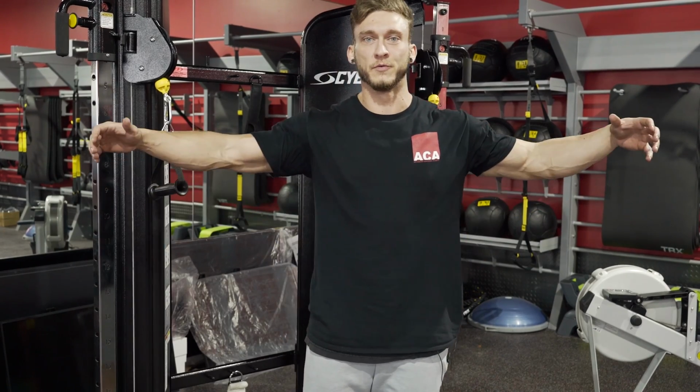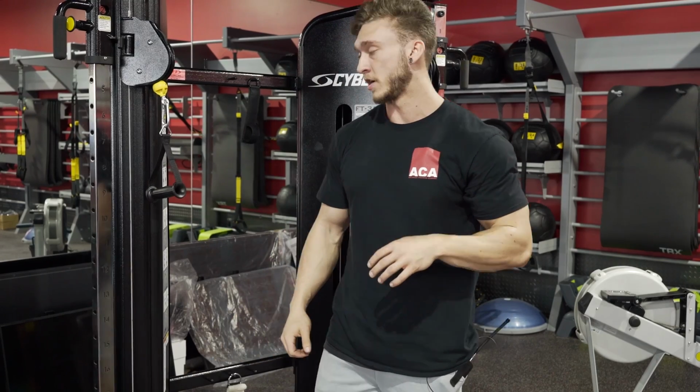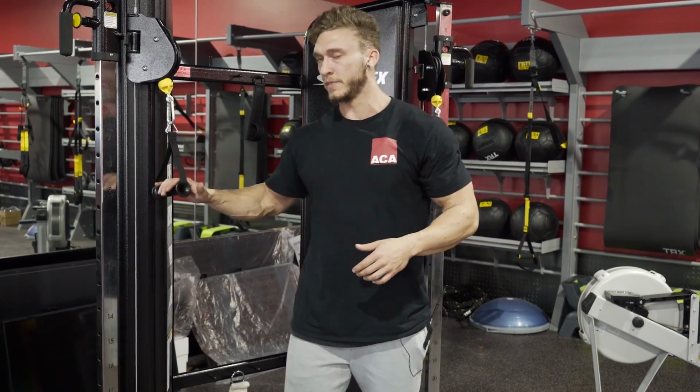All right, and lastly, we're gonna do these cable flies. Normally we would do it on something where you can really stretch your wingspan out a little bit better and get that good stretch, but they're doing some construction over there, so we're just gonna use this guy for right now. And you're not gonna go too heavy, but what you wanna be able to do is